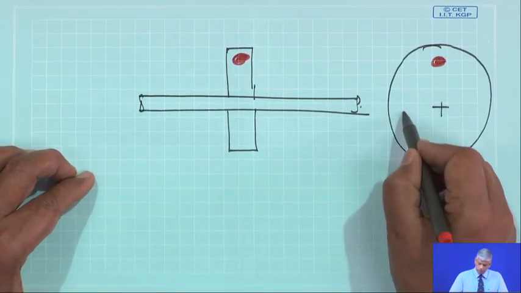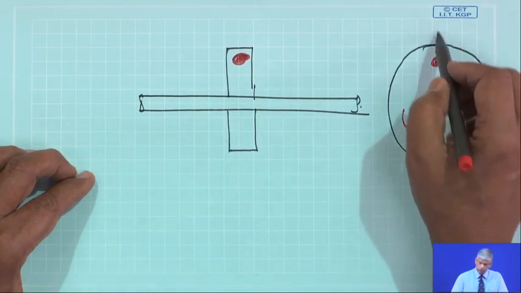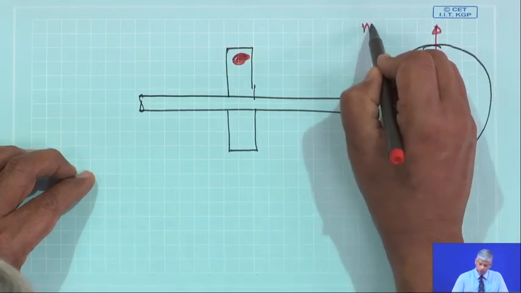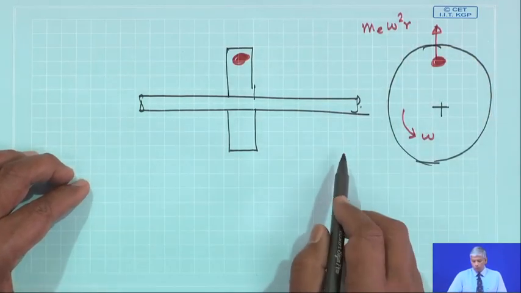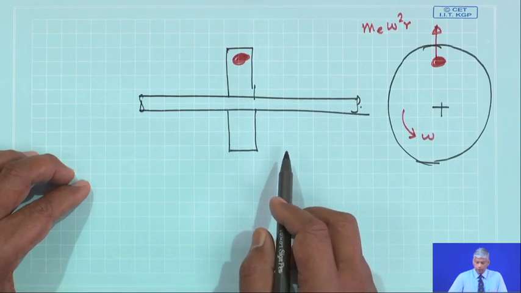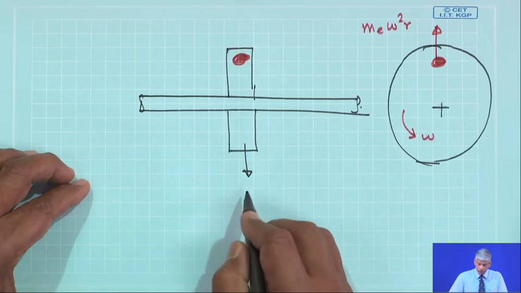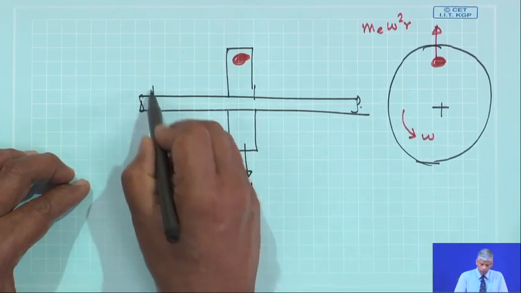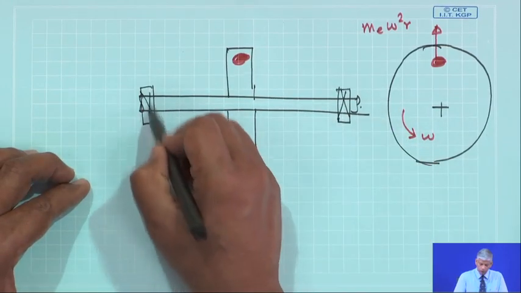So, each time this unit is rotating, I will have a radial force m e omega square r, which is going to come along the periphery. So, if the initial shaft load was W, obviously at the bearings,